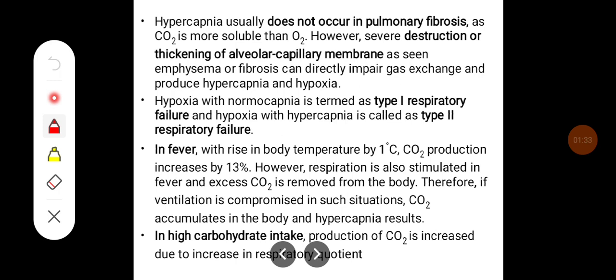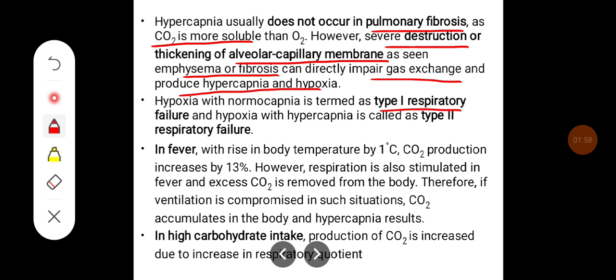Hypercapnia usually does not occur in pulmonary fibrosis, as carbon dioxide is more soluble than oxygen. However, severe destruction or thickening of the alveolar capillary membrane, as seen in emphysema or fibrosis, can directly impair gas exchange and produce hypercapnia and hypoxia. Hypoxia with normocapnia is termed type 1 respiratory failure, and hypoxia with hypercapnia is called type 2 respiratory